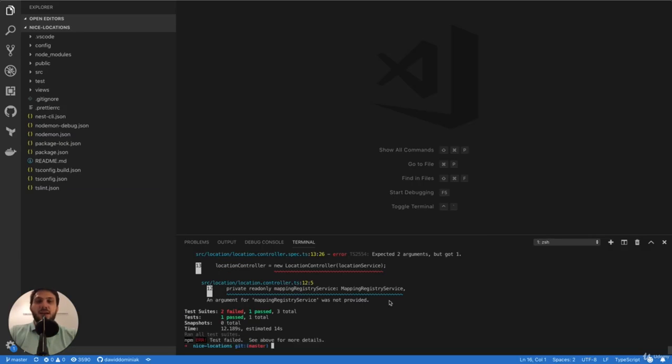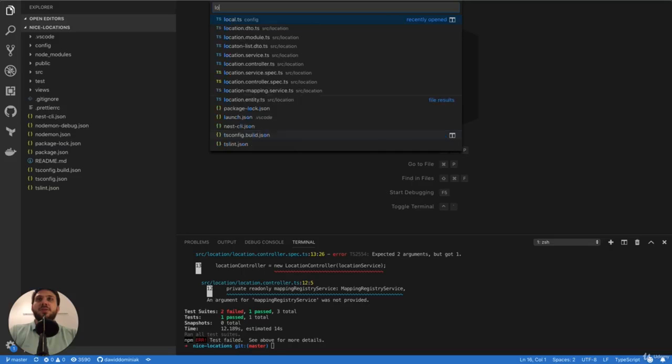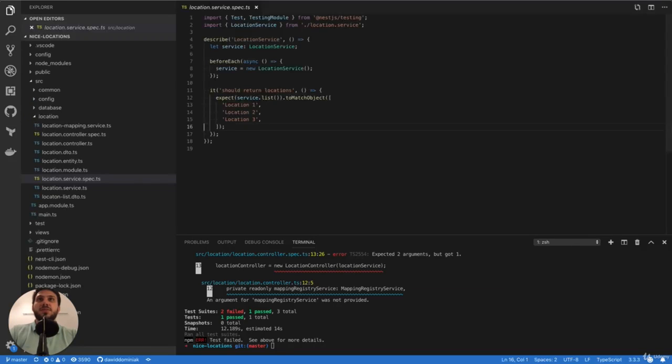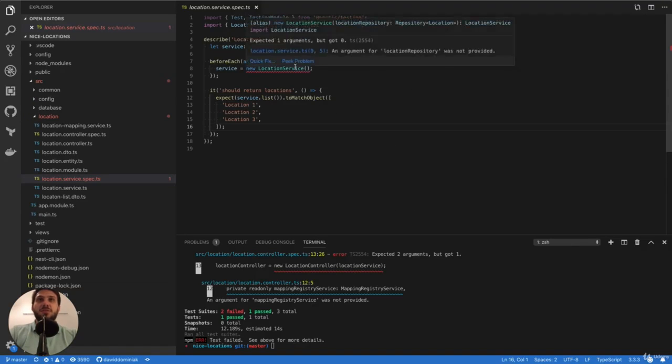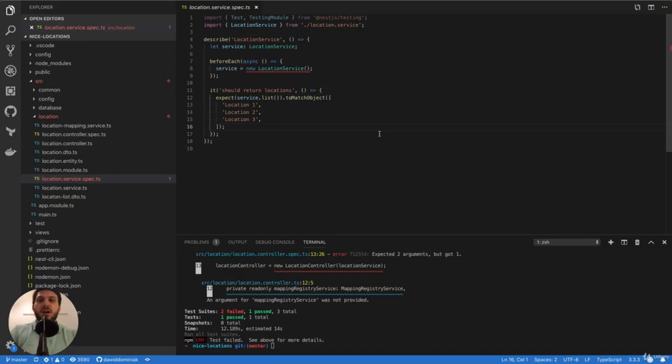To do it, we'll need to use the npm test command. As you will see in just a moment, the tests of controller and service will not pass. Yeah, the tests are not passing. So let's check what's broken. Let's fix them. Let's start from location.service.spec.ts. As you can see, we'll require an argument and it's going to be the location repository, and we need to